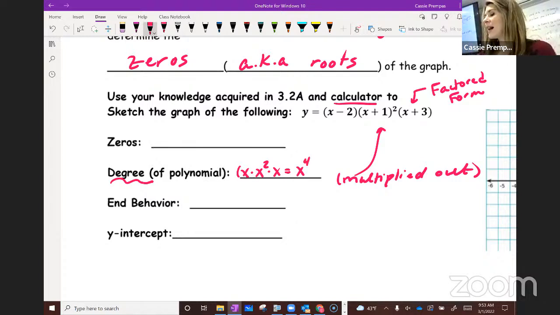And would it have a positive leading coefficient? Yep, because this is positive. So from yesterday, we would have a positive leading coefficient, even degree. So that's going to allow us to determine the end behavior. How will the ends of this graph be facing? It's an even degree polynomial with a positive leading coefficient. Up, up, nice smile. So we would just go ahead and write up, up. Now the next